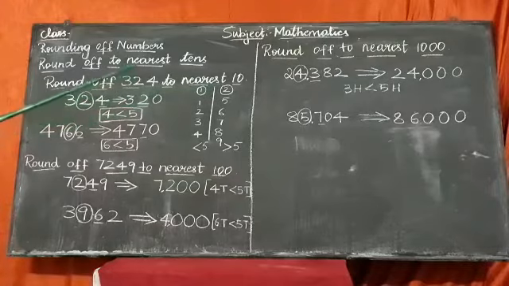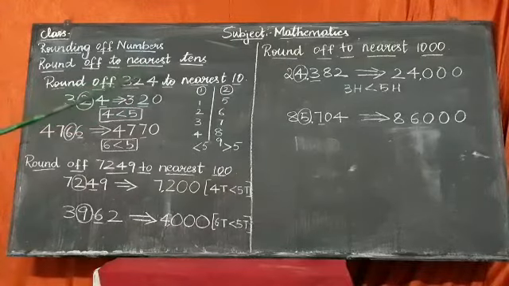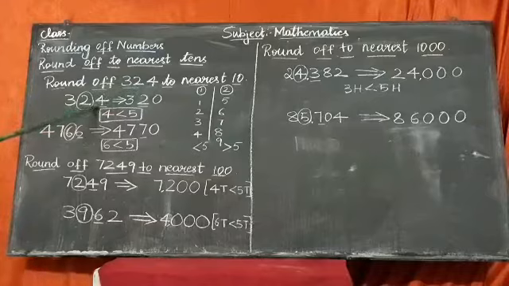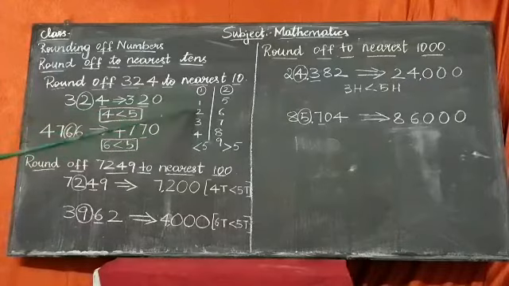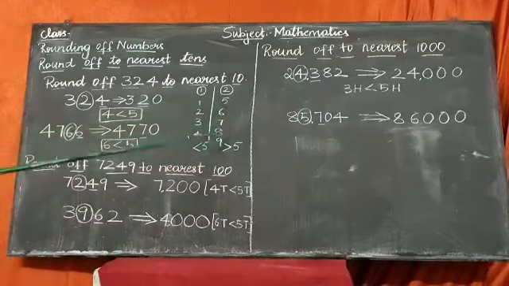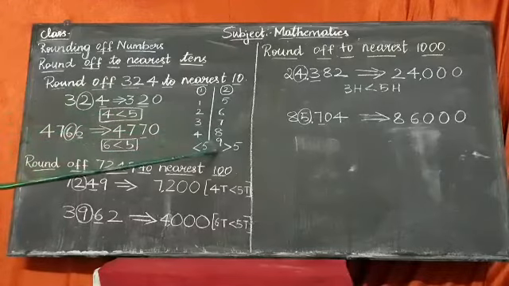Remember, always when they are telling you to round off to any place, consider the first place, meaning one digit before. Here they are telling you to round off to tens place, so I will consider the ones place first. Compare the ones place first. First group numbers are 1 to 4, that is lesser than 5. Next 5 to 9, that is greater than 5. If the number is greater than 5, the digit increases by one.